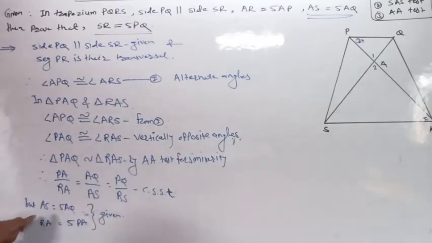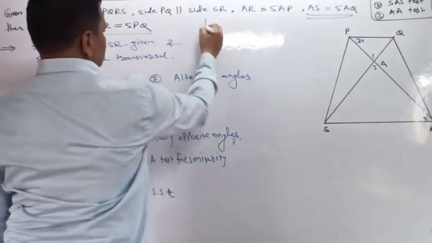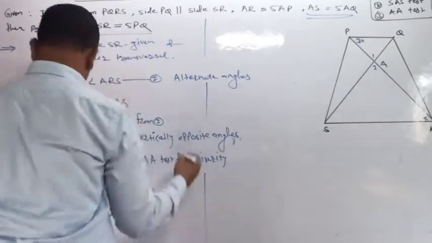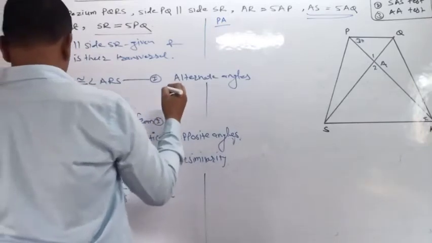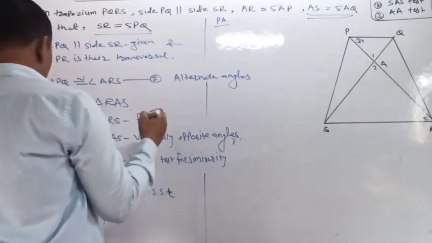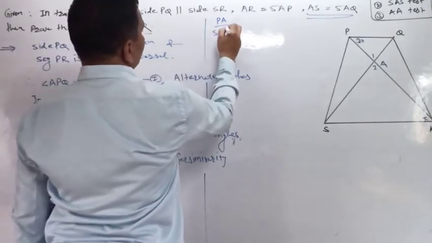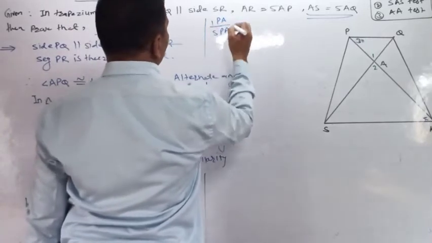Now write the value. What is the value of PA? What is the value of RA? PA divided by RA, RA is equal to 5 PA, so PA divided by 5 PA